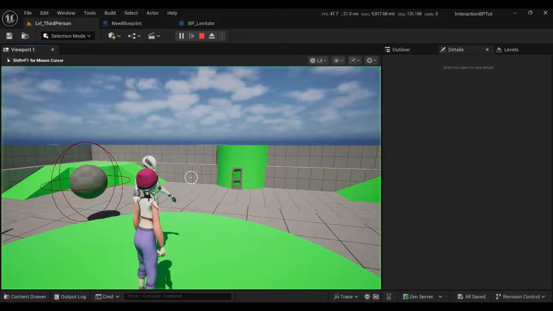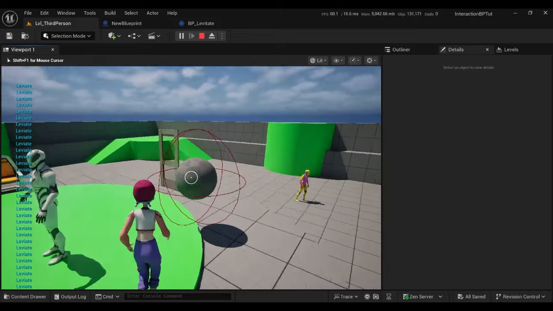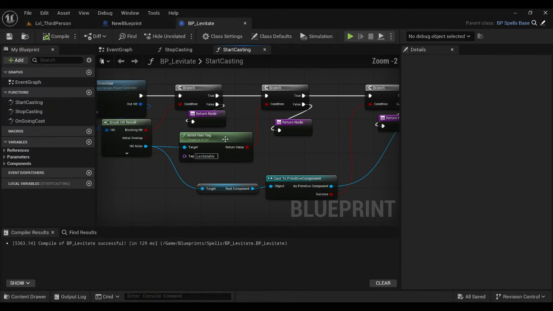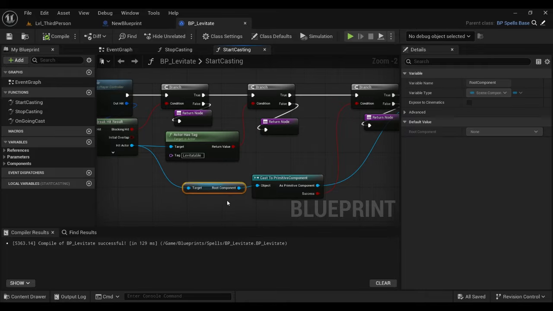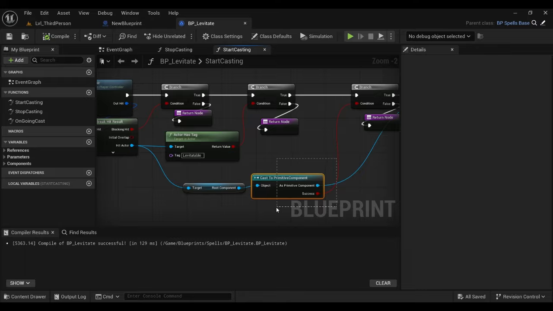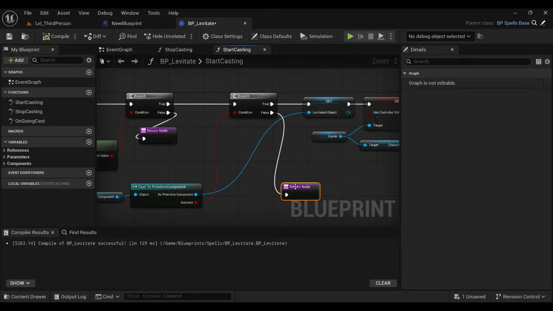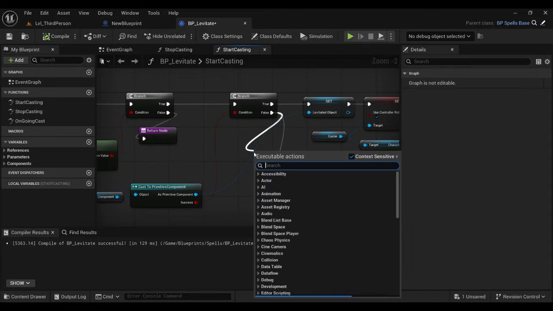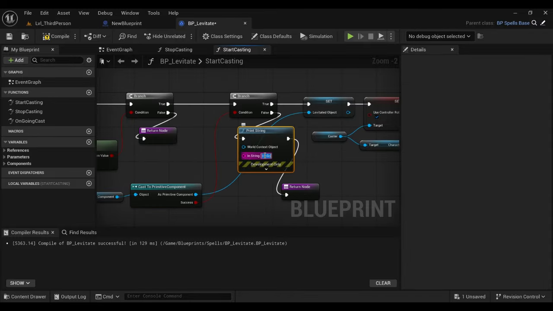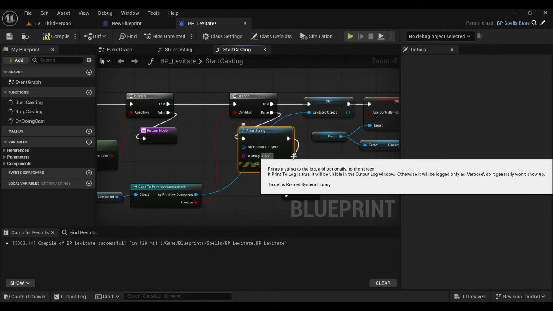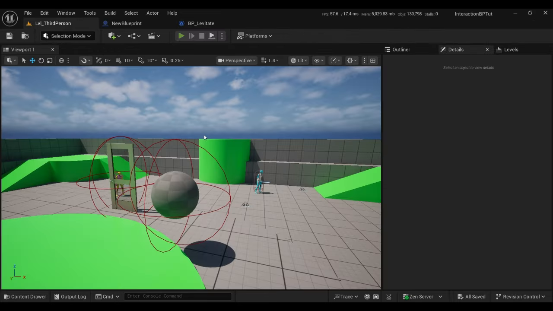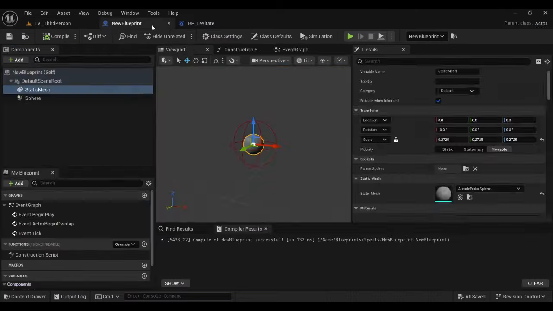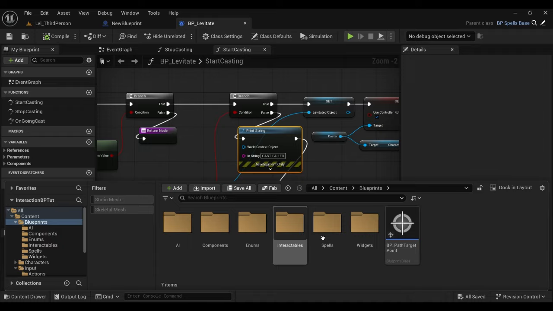Yeah, so as you can see, it's not being lifted because the default root component is a scene component. So when you cast to primitive component, it's returning false, and the function is exiting. So let's add a print here. So cast failed, for example. Now you should get, but first,